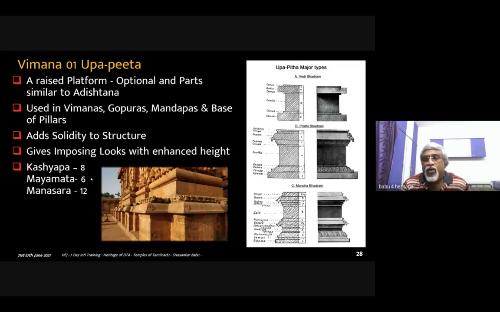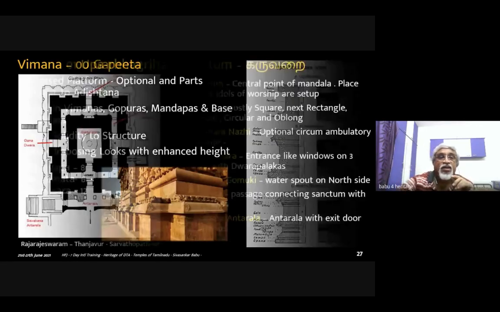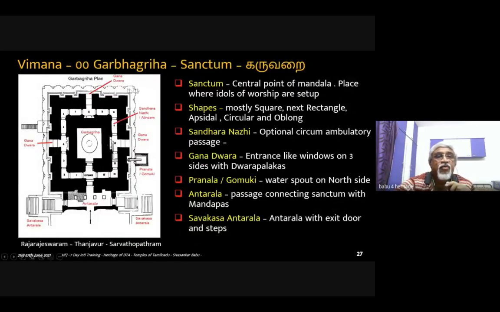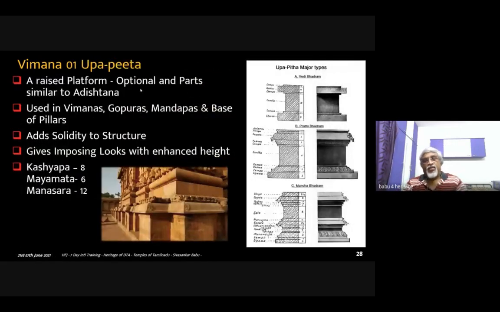When you do calculations in temple architecture, all calculations derive from the width of the Garbhagriha. This is the standard measure. Your height and the height of the components and other things are a function of the width. So if you have a certain width and you want to have a tall Vimana,